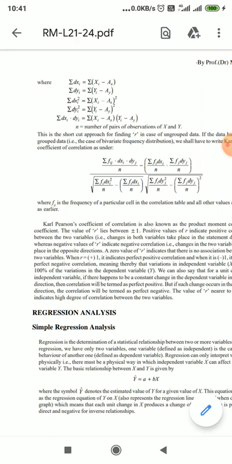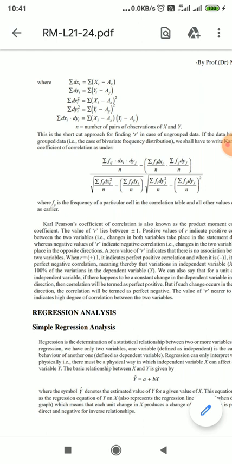The positive value of r indicates positive correlation between the two variables, where changes in both variables take place in the same direction, whereas a negative value of r indicates negative correlation, that is, changes in the two variables taking place in opposite directions. But a zero value of r indicates that there is no association between the two variables,